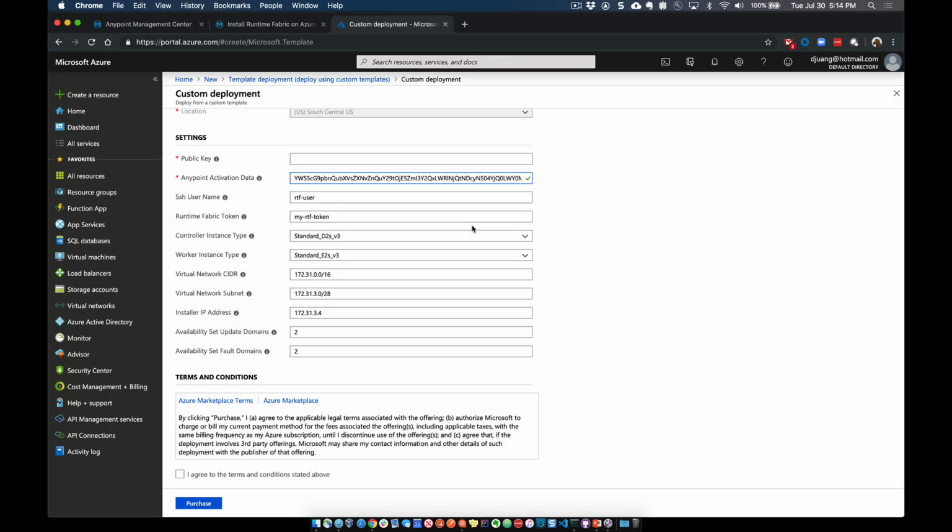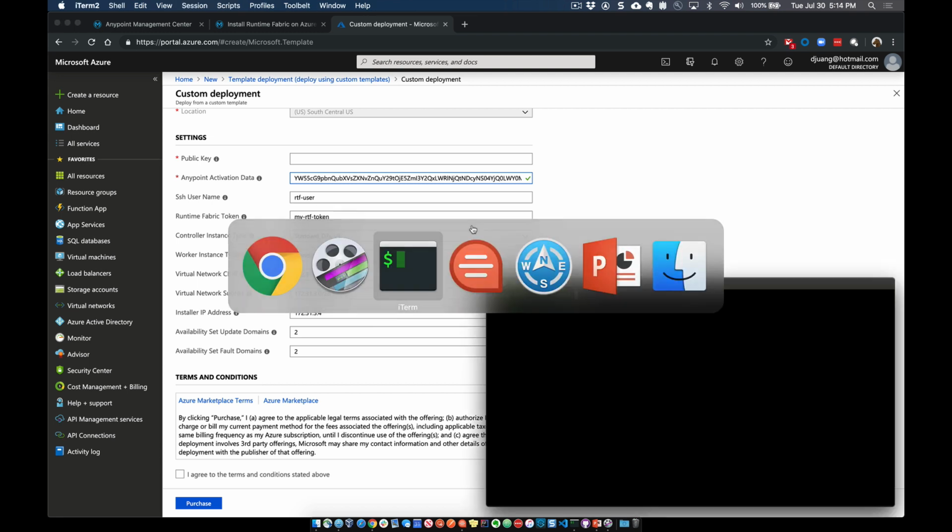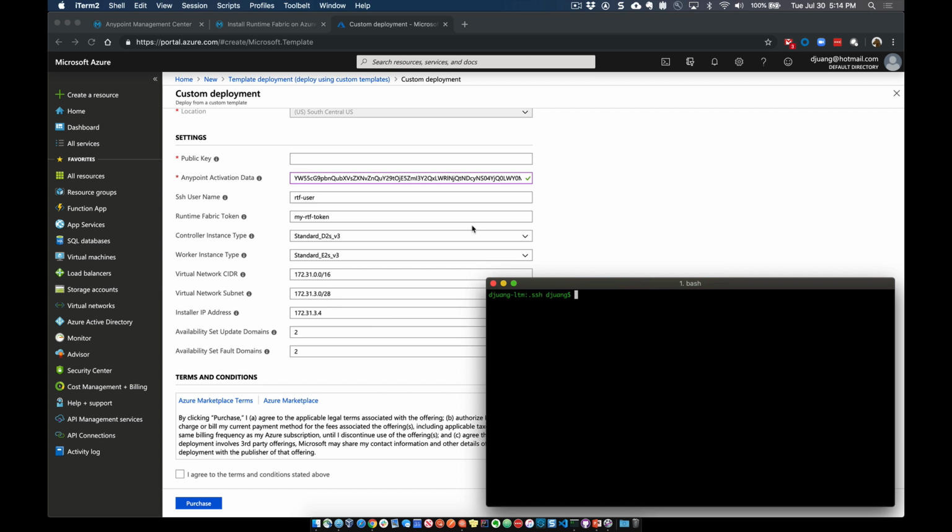So what the public key is, is your SSH public key that allows you to SSH into the instances that you deploy. If you haven't done this before, you'll have to run a couple of commands from your terminal window to go ahead and generate this public key. The first thing we want to do is run the command